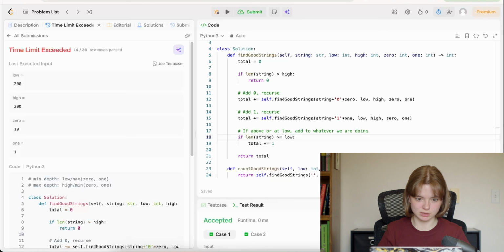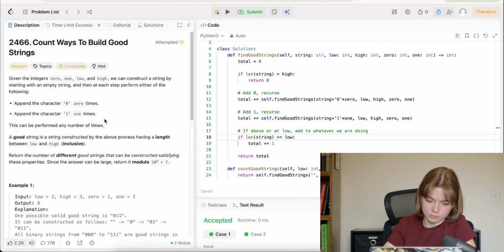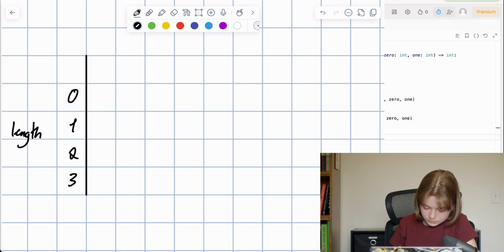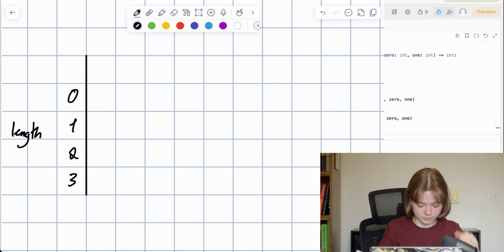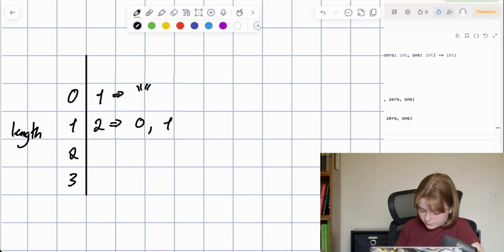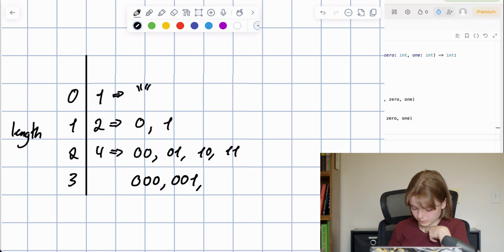Okay, fine, we'll make a DP table, if I can remember how to make DP tables. So what is our difference? If I can remember this correctly, if we have a length of 0, 1, 2, I'm just going to make one for this one because I think that's the easiest one. For example, number 1: 0, 1, 2, 3, that's our length. Let's think about this. How many strings can we get of length 0? 1, the empty string. How many can we get of length 1? We can get 2, either 0 or 1. How many of length 2? We can get 0, 0, 0, 1, 1, 0, 1, 1. How many can we get of length 3? 0, 0, 0, 0, 1. Then obviously the entire thing.